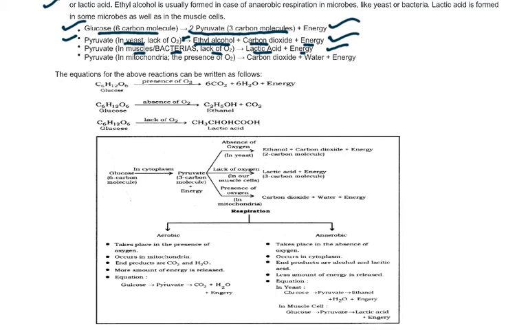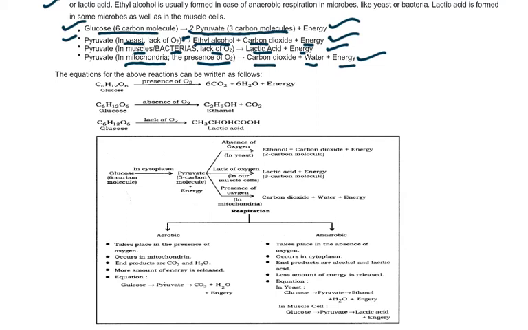In the case of eukaryotic cells, where the mitochondria is present inside the cell, they take in oxygen. This oxygen helps to break down the pyruvate completely into carbon dioxide, water and energy. Here the energy release is more as compared to the previous two processes of fermentation. So in mitochondria, this pyruvate is completely broken down into the same products with which the glucose was formed in photosynthesis, that is carbon dioxide and water. Glucose was formed by taking in energy, now the energy is liberated.